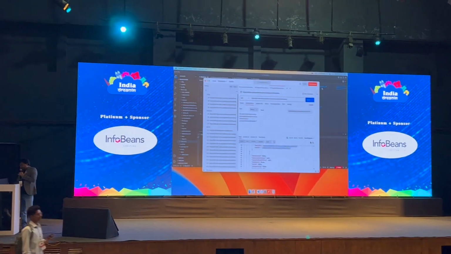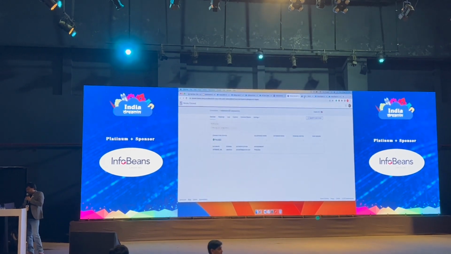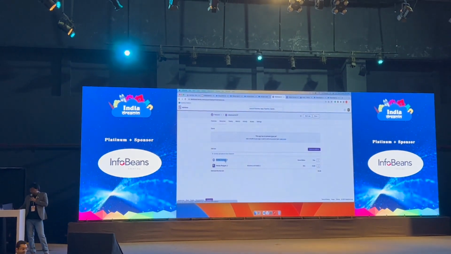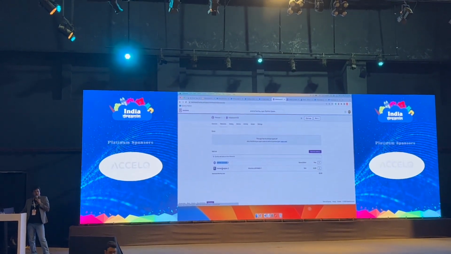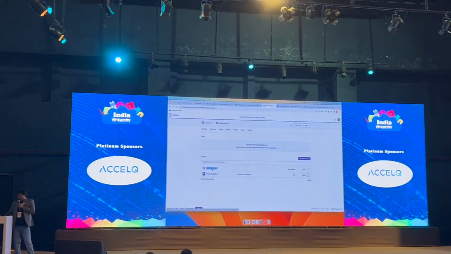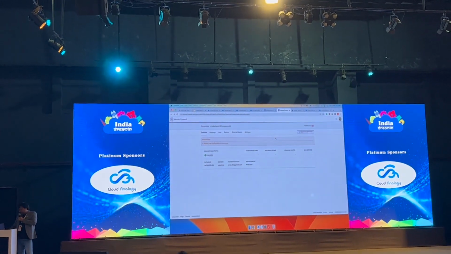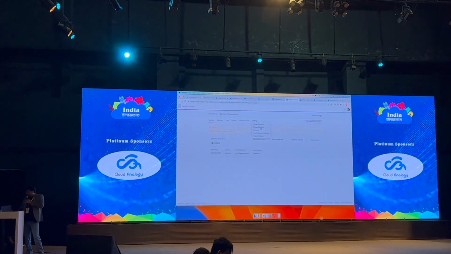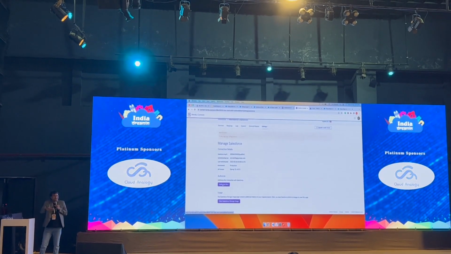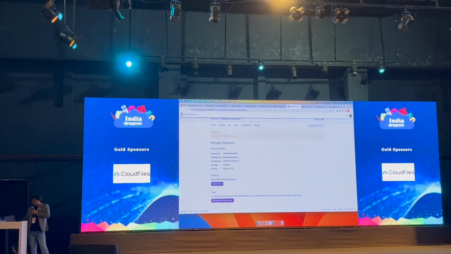So I have one Heroku app ready here. Here I have one app, India Event 23. I have two plugins: one is Heroku Connect, one is Heroku Postgres. So there is a Heroku Postgres database, and I have the Heroku Connect plugin. After opening Heroku Connect, you can see, I hope it's visible, we have the option under settings to manage Salesforce, and from here you can authorize your Salesforce. To save our time, I have already done this authorization, and I am logged into this org,